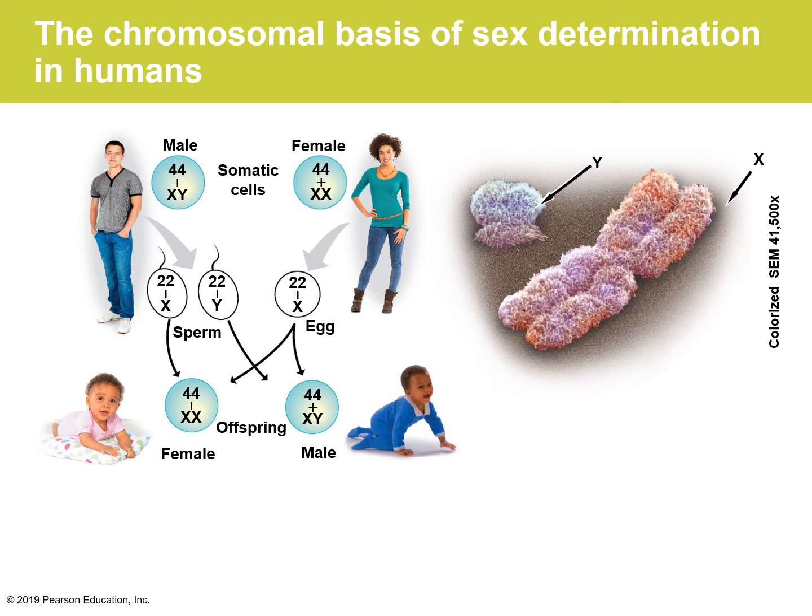This figure shows the chromosomal basis of sex determination. You can see how the male and the female have 44 autosomes each, and then there is XY or XX. Sperm can have an X or a Y with the 22 autosomes, while eggs are always 22 plus X. When these meet, there's fertilization, a very random process, and you can have a female or a male offspring. There's also a micrograph on the right side which shows human X and Y chromosomes in a duplicated state.